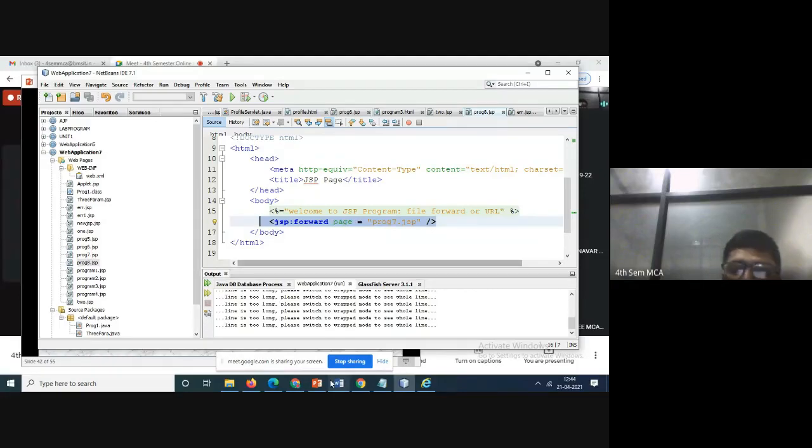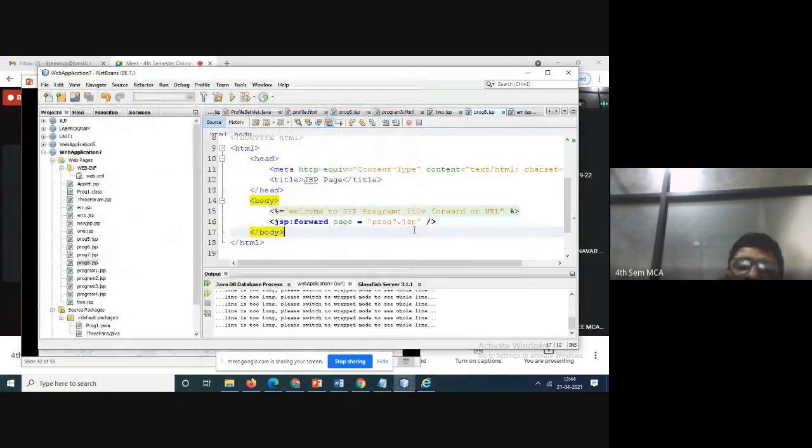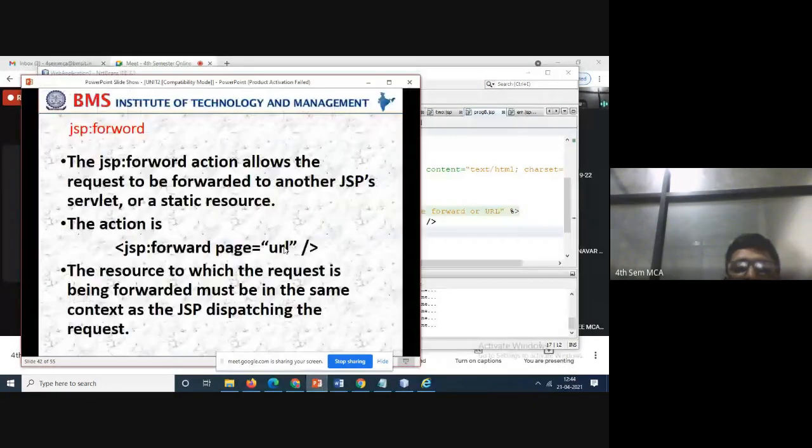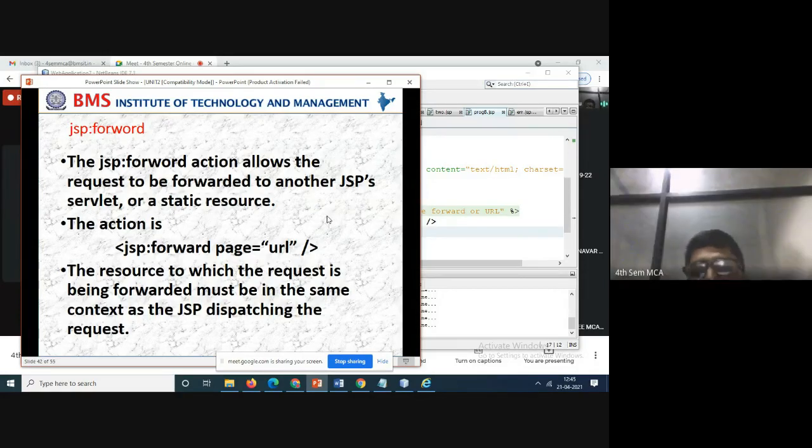Just the syntax. See here the syntax, how I wrote it here. The same syntax I've copied here. That's it. Okay. See the syntax here. Within the course, same thing. Nothing changes in this file forward. Okay. Shall I move to the next one? Yes, sir. Yeah, last class I explained this as it is. That I'm executing and showing, that's all.